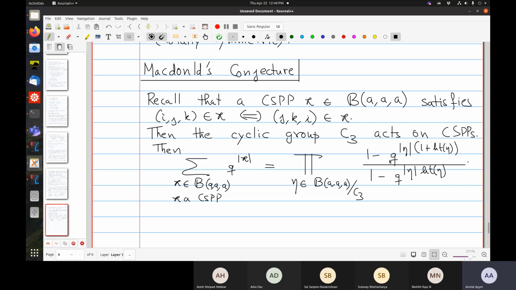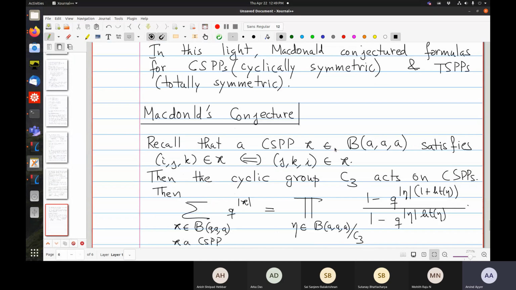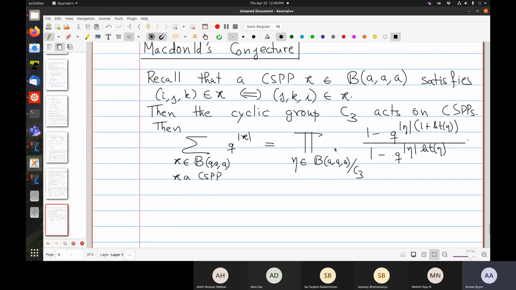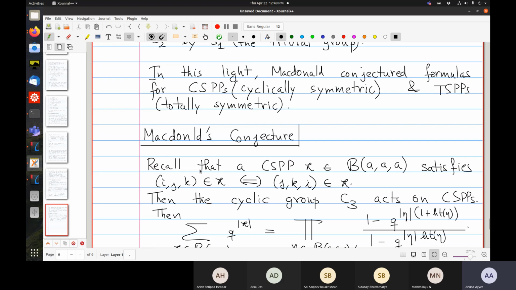Okay, so amazingly the same formula holds, but the methods that McDonald applied to prove this just flat out did not work. So this was an important landmark. I think this was formulated sometime in the early 70s, and people spent an enormous amount of effort trying to prove this. So this was finally proved by Mills, Robbins, Rumsey.